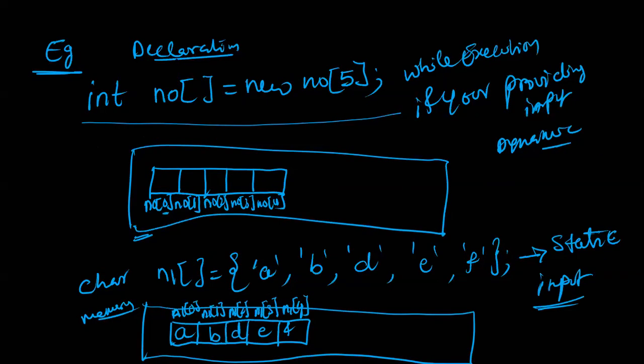So this is an example with integer, 5 locations, but here it is only declared, not initialized. This initialization will be done at runtime. I will show it now. This is static initialization in the program only, in one line you have to write. Next, dynamic initialization. How will we initialize dynamically?